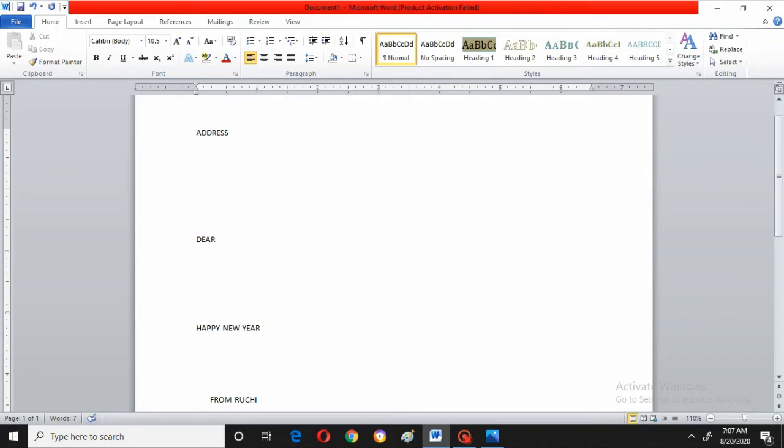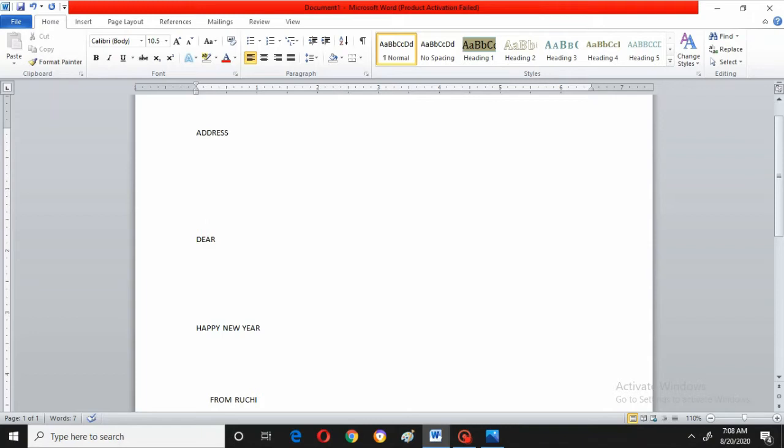Ruchi. Now what I will do is, near the address I have to type different addresses. This letter I have done once, but I will be sending this letter to hundreds of people at a time. Understand my intention in explaining this: I am typing only one letter. But see, I am not typing dear so and so name. I am not giving a particular name. I am just saying dear, and I will be getting different names over here. For one person, one letter will go, and whoever is there, that person's address will be displayed here.